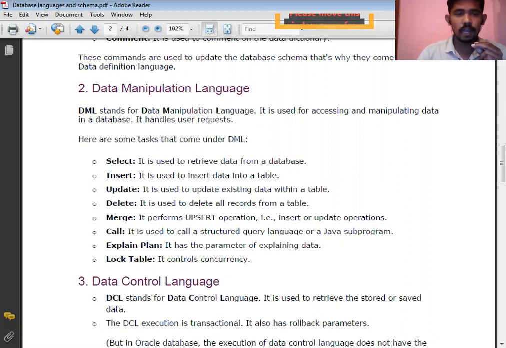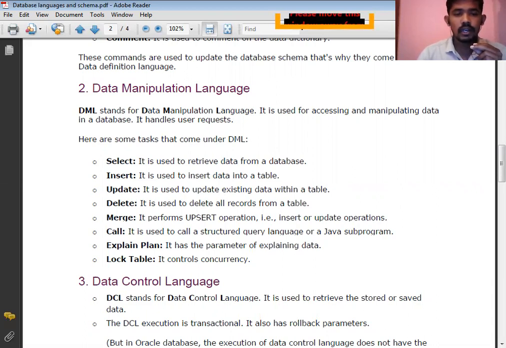Next command is update. It is used to update existing data within a table. So if the user wants to update data, the update command is used. Delete. It is used to delete all records from a table or a single record from a table. Delete can delete data only, not the structure.